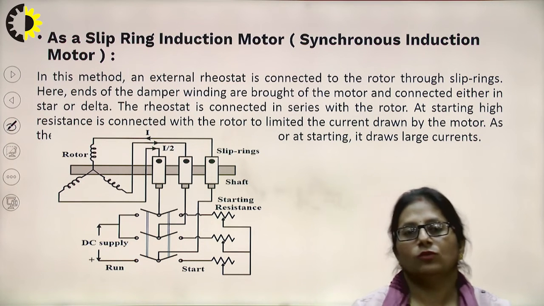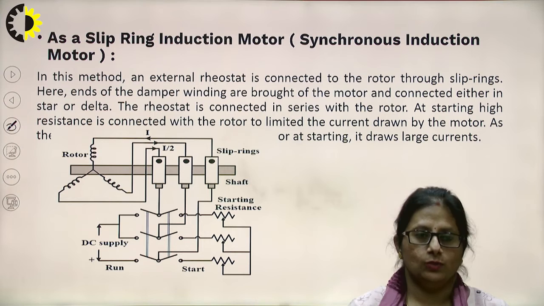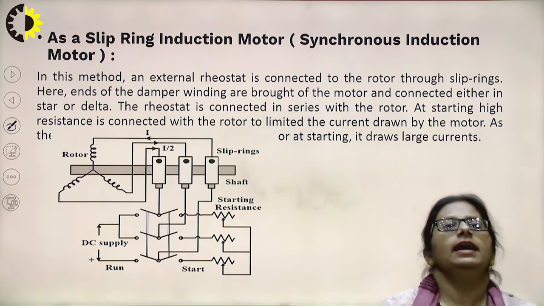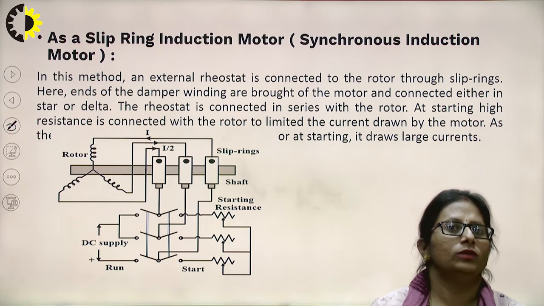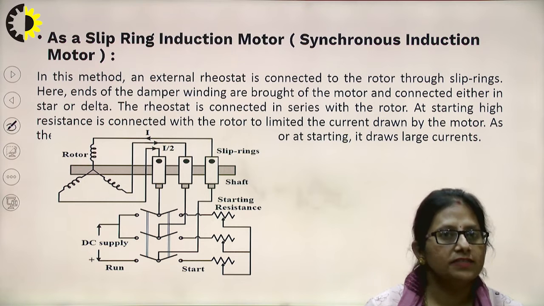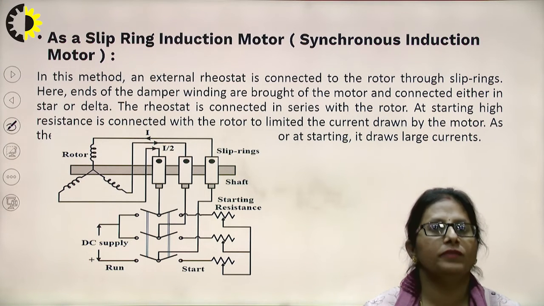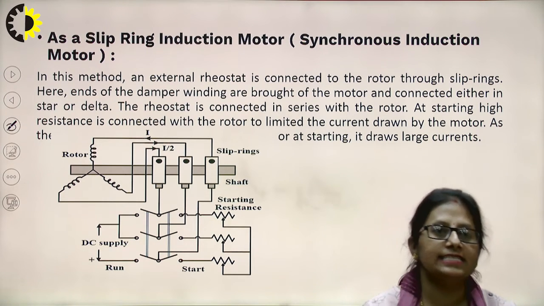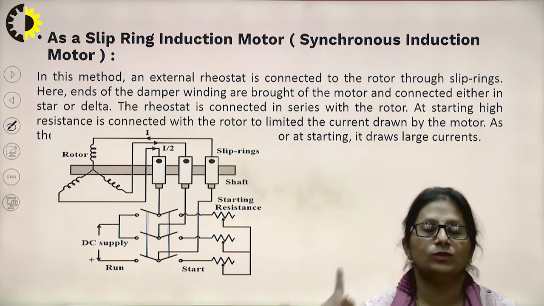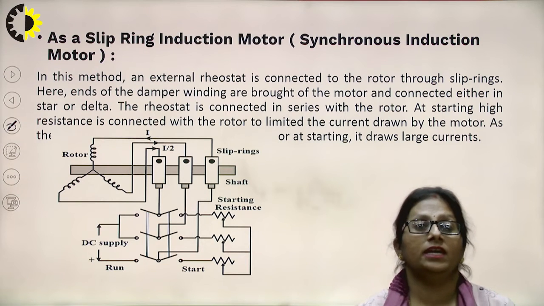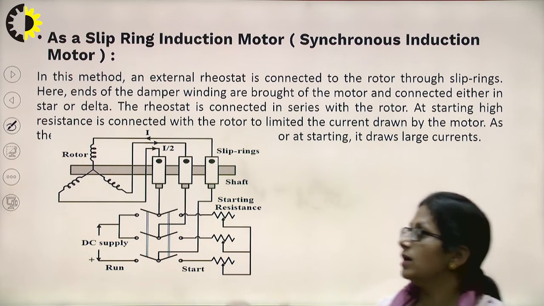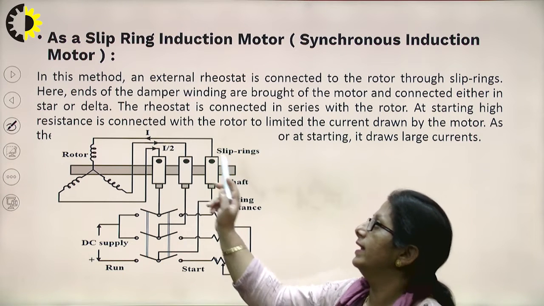which we always call a synchronous induction motor also. Now if we go with the circuit in this method, an external rheostat is connected to the rotor through slip rings. Here, the ends of the damper windings are brought out of the motor and connected either in star or in delta. This circuit is very similar to that of a slip ring induction motor or wound rotor. The rotor terminals are brought out with the help of slip rings and